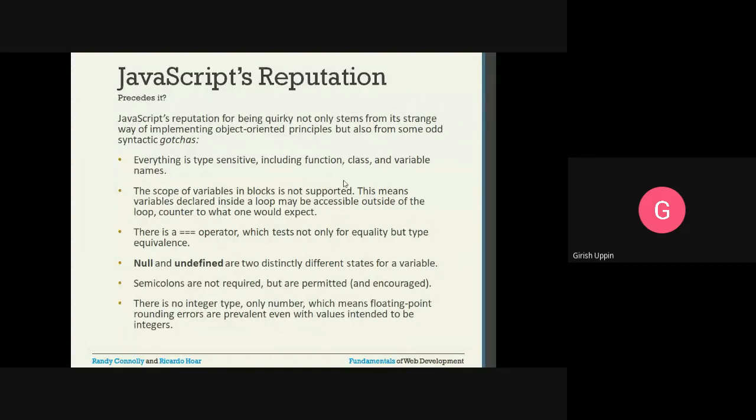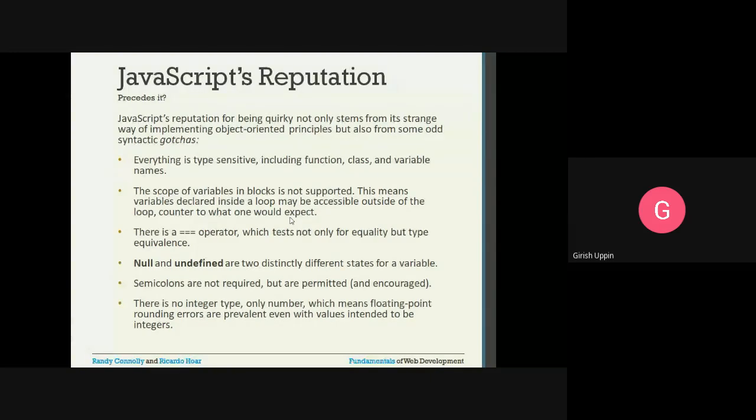Whatever functions, classes, and variable names you have, they are case sensitive. The scope of variables in blocks is not supported. This means a variable declared inside a loop may be accessible outside of the loop, counter to what one would expect. Unlike in other programming languages, where the scope is restricted to a certain block and beyond that block the variable is not available.